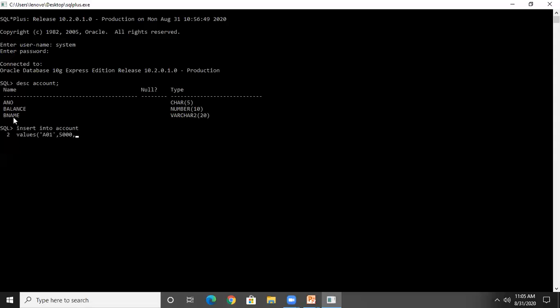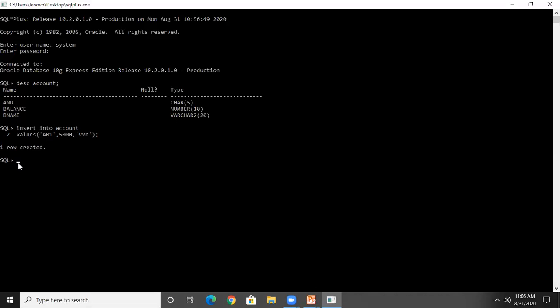The third column is B name, having data type varchar2, so quotations are required. Here suppose I'm passing the value VVN. Bracket close, 3 columns, 3 values. Bracket close, semicolon, enter. So one row is created.